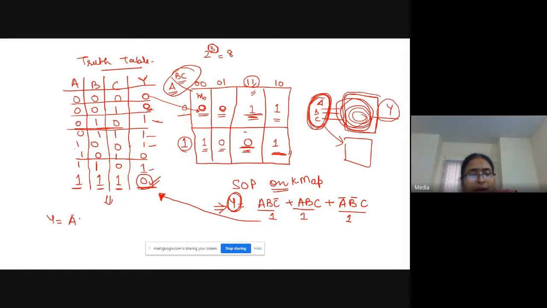A bar B C bar plus A bar B C for this one you have written. Now for this one plus A B C bar, and one is left, that is A B bar C bar.